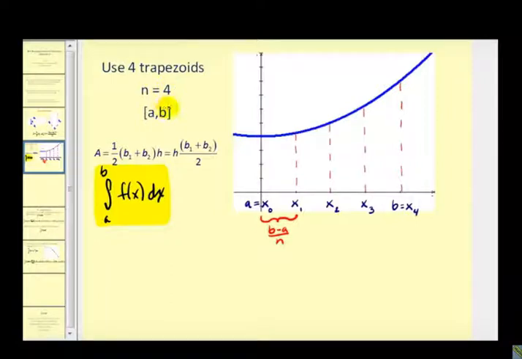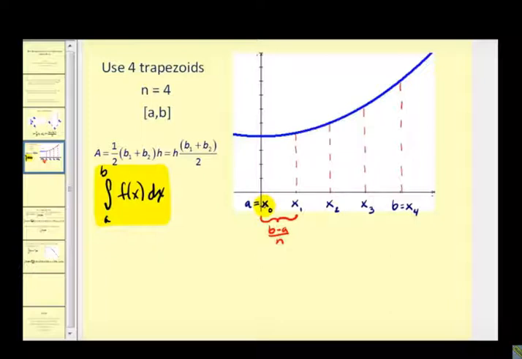So what we would do is we want to divide this interval into 4 equal parts. And one way to do that would be to take the length of the entire interval, or b minus a, and then divide it by n. So when we divide the interval into 4 equal parts, because our n is equal to 4, this would be